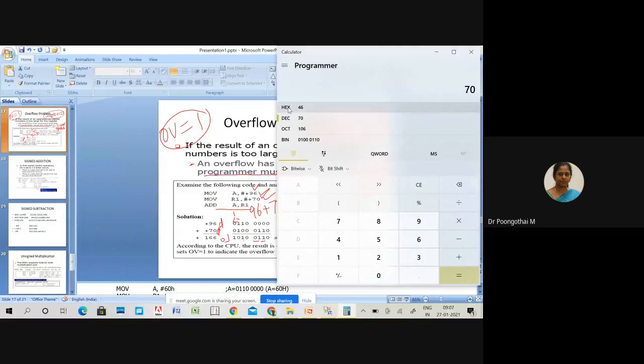$46, no? See, okay, these two are decimal, ma. These two are decimal. 96 and 70 are decimal. So, for your understanding, I have written this 90, 96, 70. When adding the two, you will be getting plus 120, 166. So, this value is not within the range. That is why I have written it. Okay.